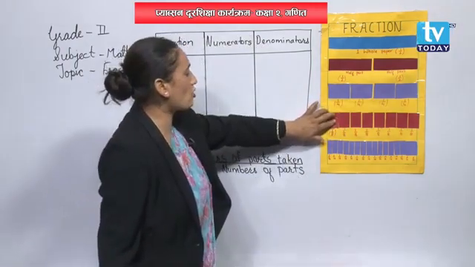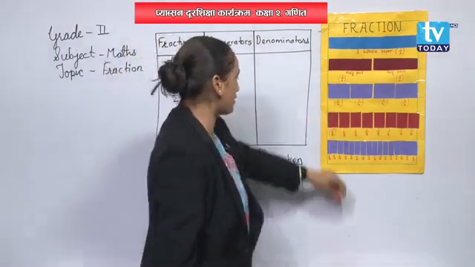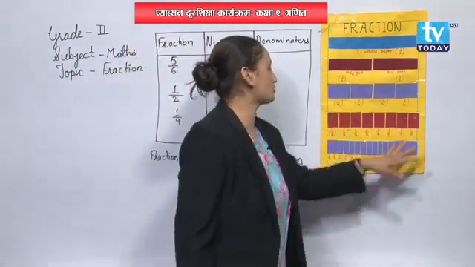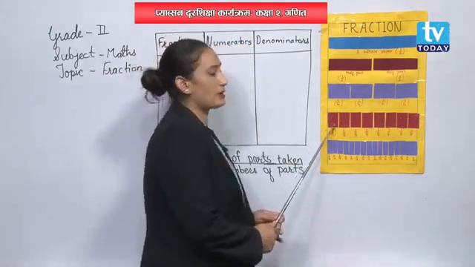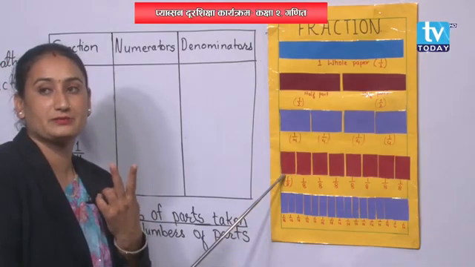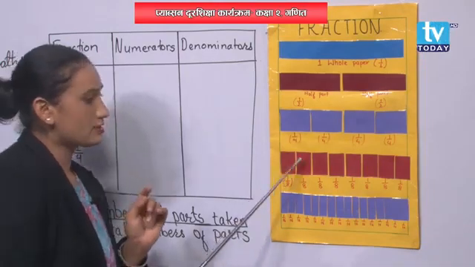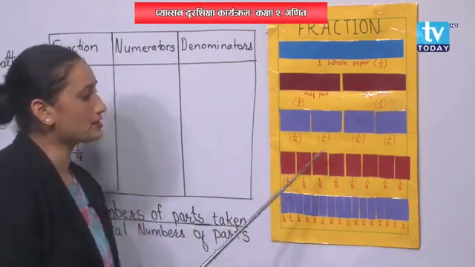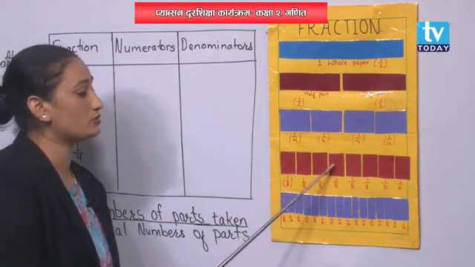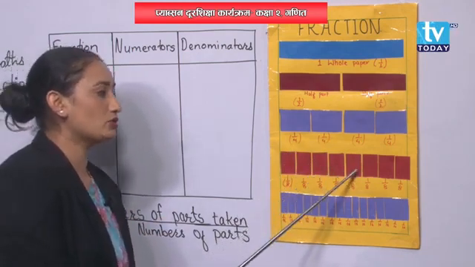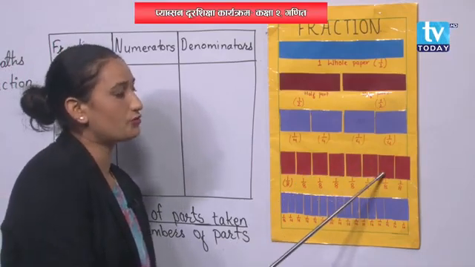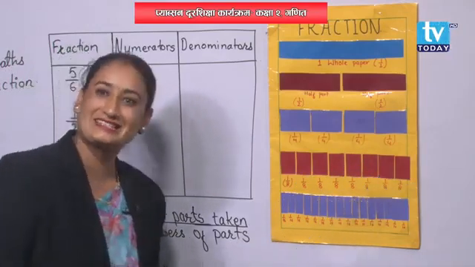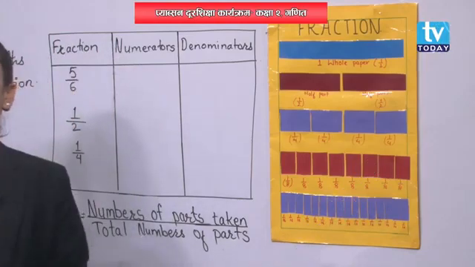Okay, now we are going to cut all this paper into 2 halves, okay? So, let's count it. If I cut this paper into 2 halves, then how many papers did it become? 2. 2 plus 2, 4. 4 plus 2, 6. 6 plus 2, 8. 8 plus 2, 10. 10 plus 2, 12. 12 plus 2, 14. 14 plus 2, 16. Altogether, it will be 16.